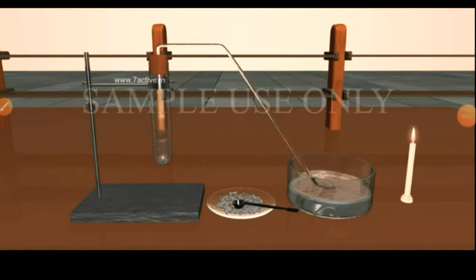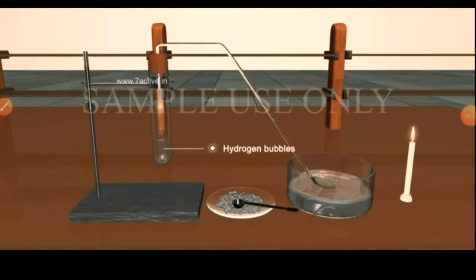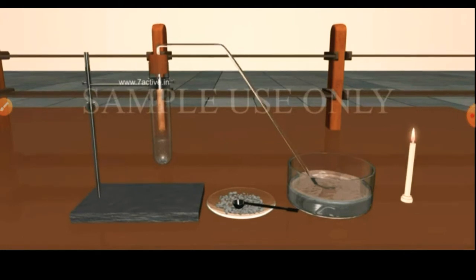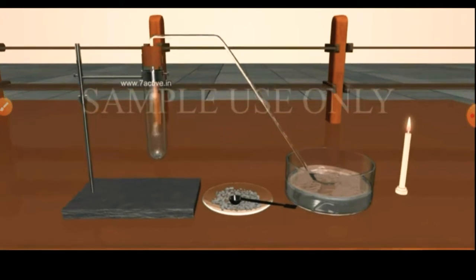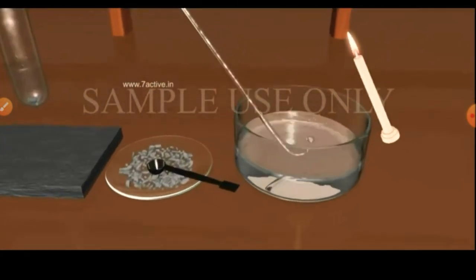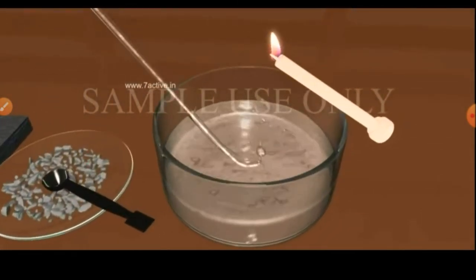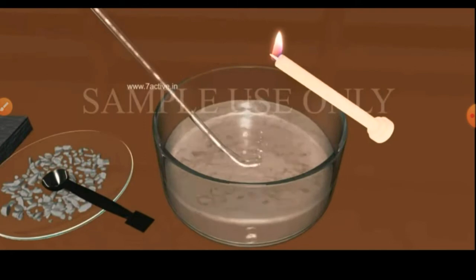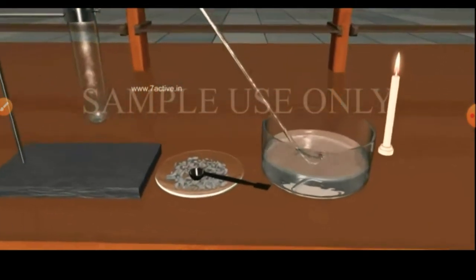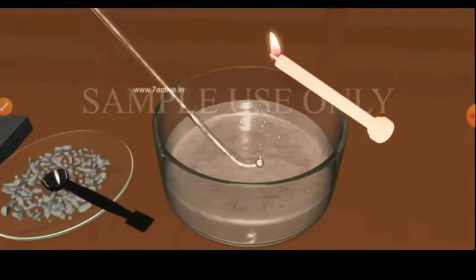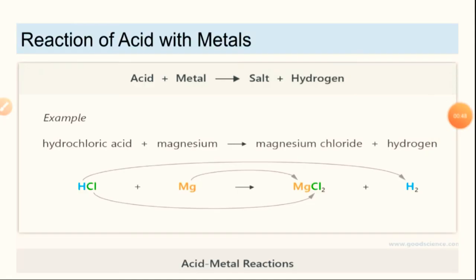In this video we are watching that hydrogen bubbles are forming by the chemical reaction. These hydrogen bubbles are coming out of this delivery tube. When we brought the burning candle near the mouth of the trough, we see something is happening. So let's watch it again carefully. The candle gets extinguished. So students, what we have observed is that when acids react with metals, they form hydrogen gas.